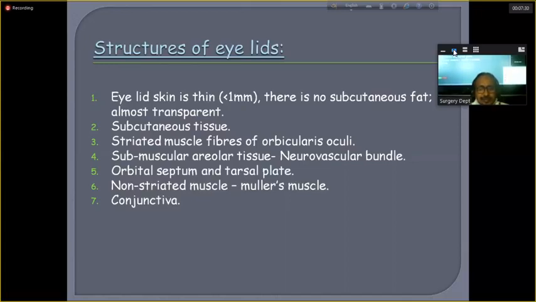So it is very important to know the structure of the eyelid and to draw and label it. There is a question always, sometimes in your written exam: structures of the eyelids, draw and label the structure of the eyelid. And the skin is very thin and transparent. So sometimes we see the